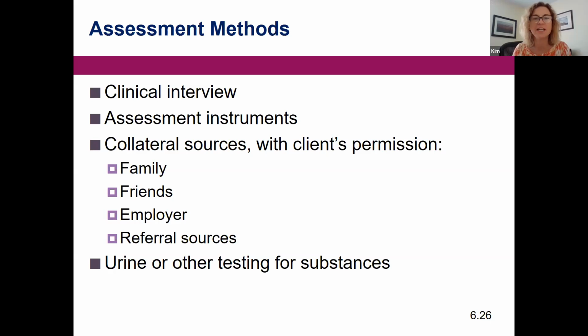The Addiction Severity Index. Yes, actually, that's the one that I was thinking of. It seems most of us use that. Is there any other assessment instrument? Think about it, sometimes when we think about assessment and screening, I know sometimes we forget the difference. Assessment actually goes deeper into determining the nature and severity of the problem. So Addiction Severity Index is one. Any other? SCID 1 and 2.